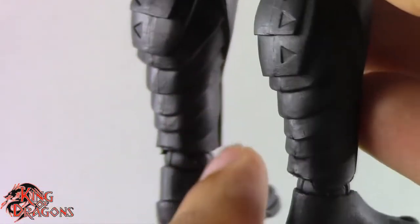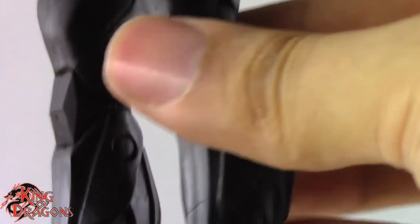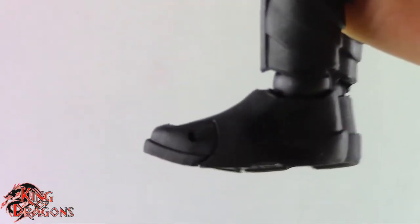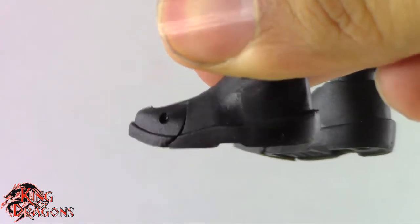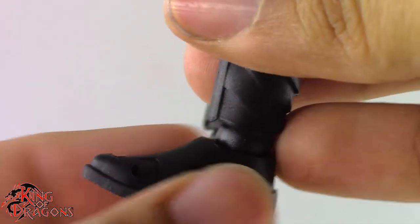I mean, just look at these boots. The layering on them is insanely nice. I do like that. So Shriek here is done exceptionally well. Although his shoes are a little bit plain, it kind of just looks like he's wearing plain dress shoes, to be quite honest. And yeah, you would expect his shoes to have a little more detail on them, especially with